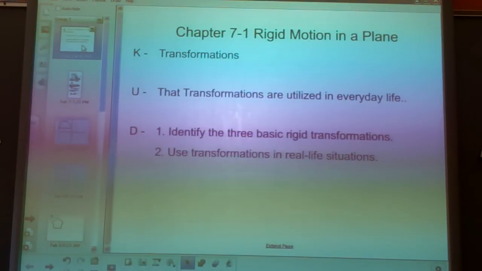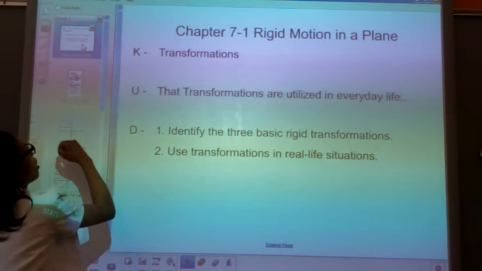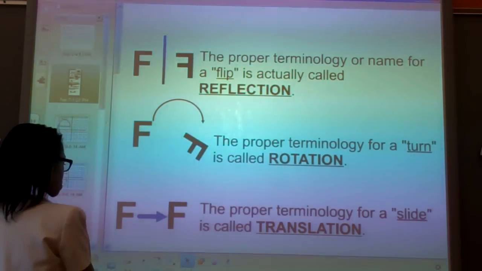This is chapter 7-1, rigid motion in a plane. Please copy your cuts. All right, to begin here, we're going to look at some things that we talked about